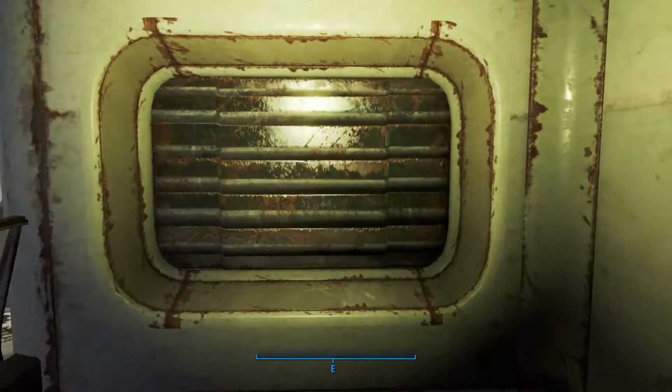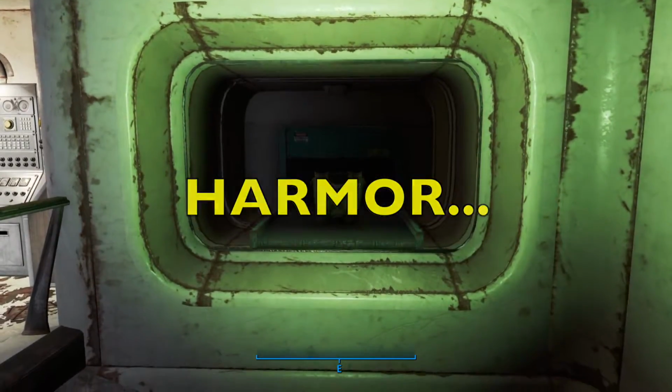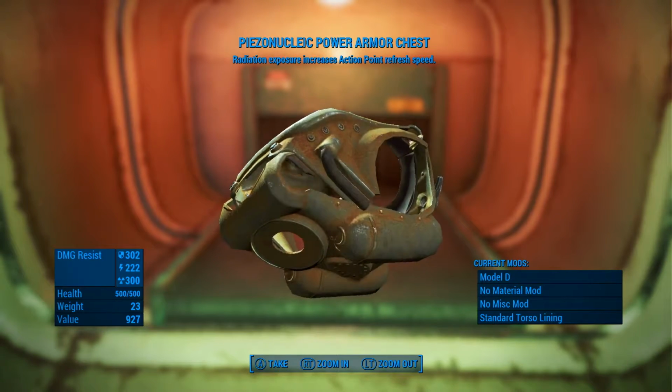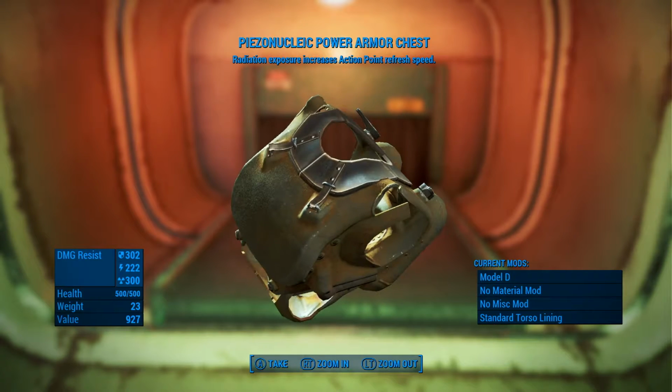You can pick it up on the right as the gate opens automatically. This armor has very high resistance, as well as the special ability to regenerate your action points faster as you are exposed to radiation. While no other power armor in the game is better than the X01 or Piezonucleic pieces, there are